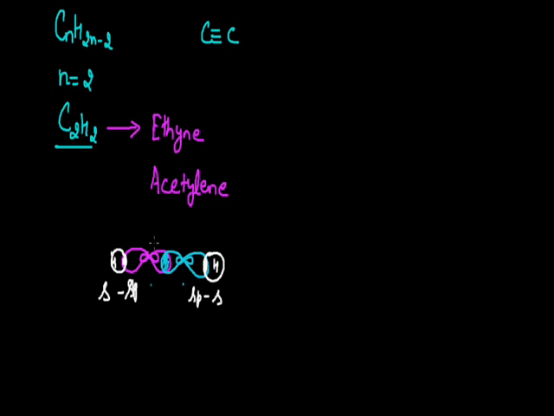Here each carbon atom has two unhybridized orbitals that I am not going to show here. If I talk about the bond angle between these two sp hybridized orbitals, as we can see, they form a linear geometry, resulting in a bond angle of 180 degrees. Now the bond between these two carbon atoms is a triple bond. Out of these, there is one sigma bond, formed by the overlapping of this sp hybridized orbital with another sp hybridized orbital, and the remaining two unhybridized p orbitals undergo lateral overlapping, which results in the formation of two pi bonds.